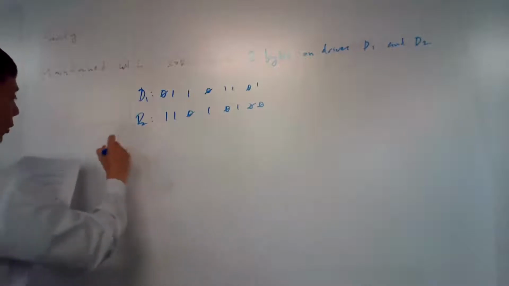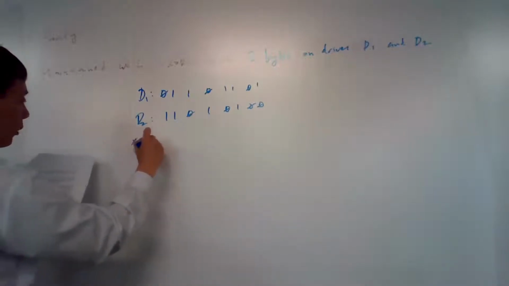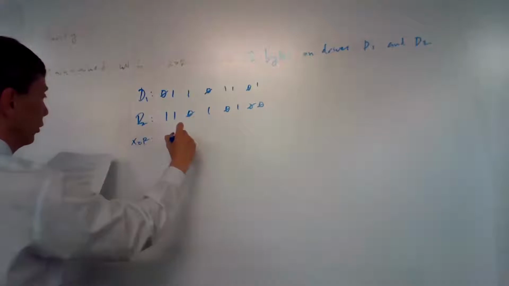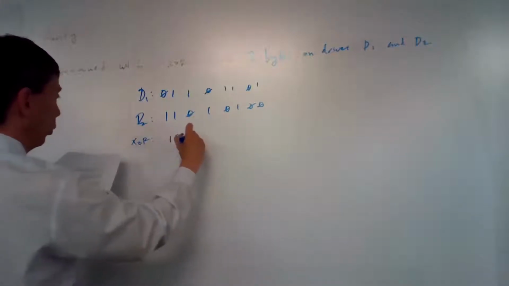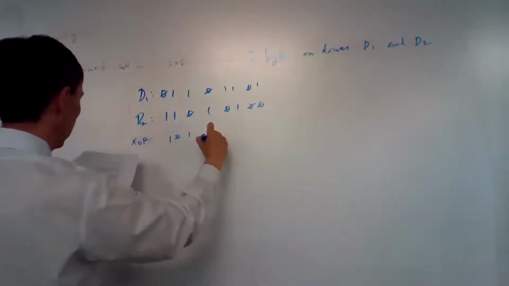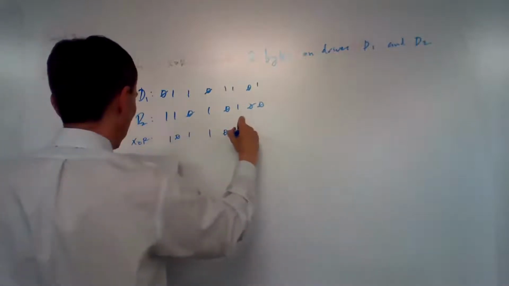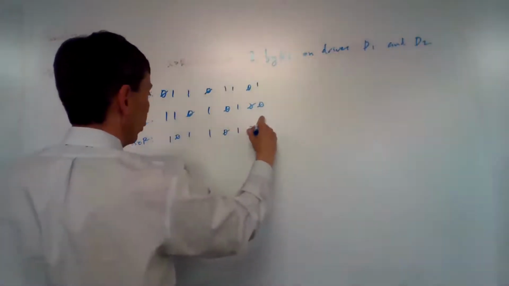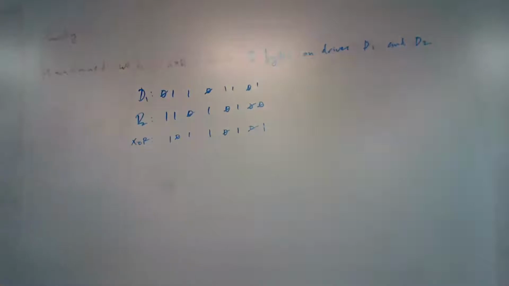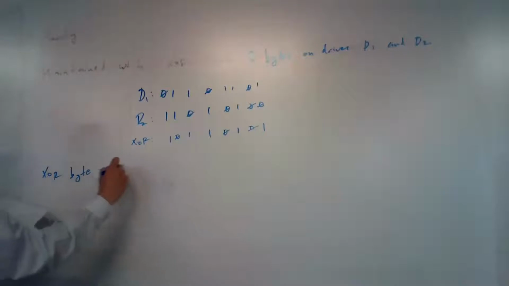So the XOR of those two is going to be 1, 0, 1, 1, 0, 1, 0, 1. And so what happens is that the XOR byte is stored